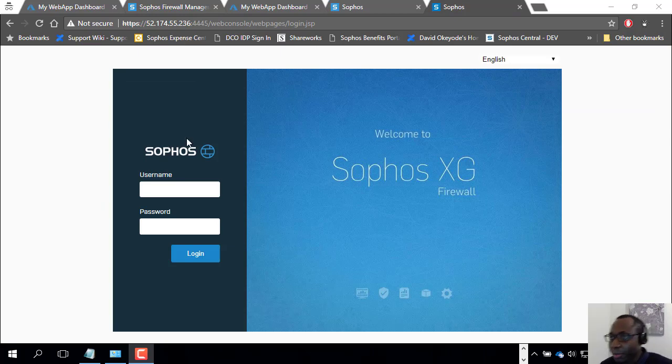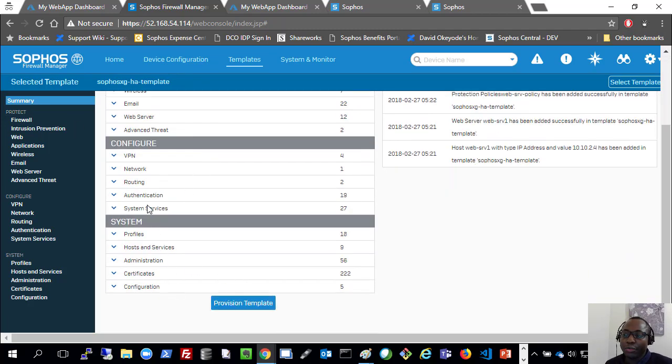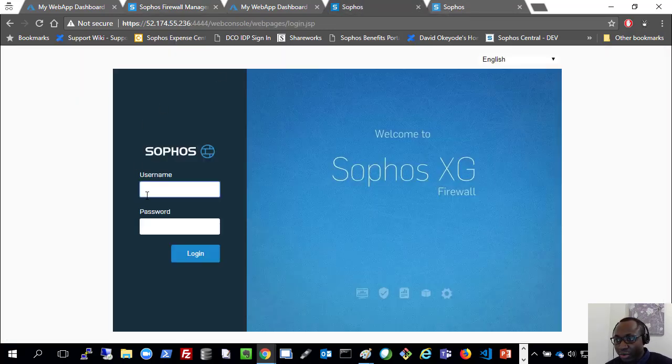Welcome back. So the push completed successfully in SCFM. One thing I would like to mention is that if you push it and you get some error messages, you can just go ahead and click summary and push the configuration sections again that you want to push down, and that should work. So you may need to push it down more than once. That's absolutely fine. In this case now, if I go and log into my XG instances,